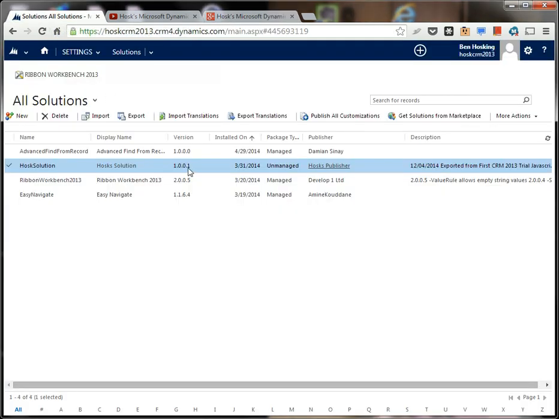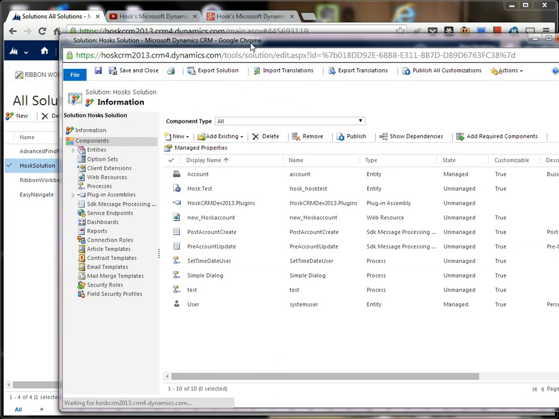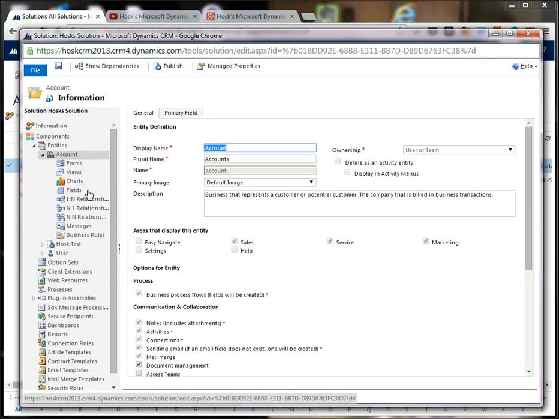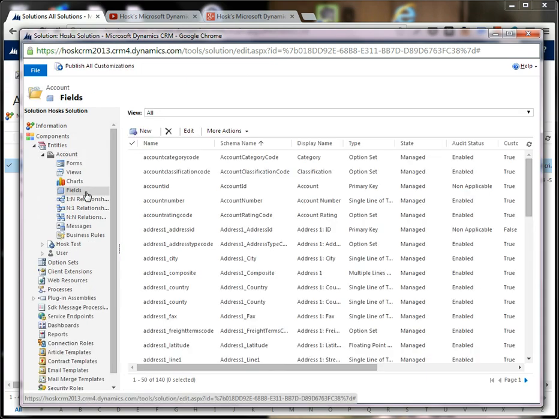field. So let's have a little look. There's my solution in CRM. I click that and I'll go to account. I'll have a look at fields. And another good reason to do it is because